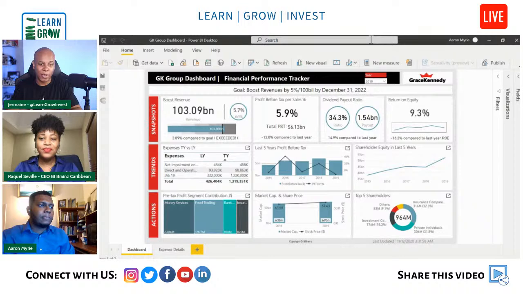Okay. And again, you're making this available to persons at no cost, right? Correct. Yes. Okay. So once you click on the link, go to the website, then you can actually just download the dashboard, or you get the dashboard via email, and you can use it. If you have Power BI installed on your machine, then it's an easy use. Otherwise, you just go to Microsoft. You can literally type Power BI Microsoft, and it will bring you to the link for you to download directly